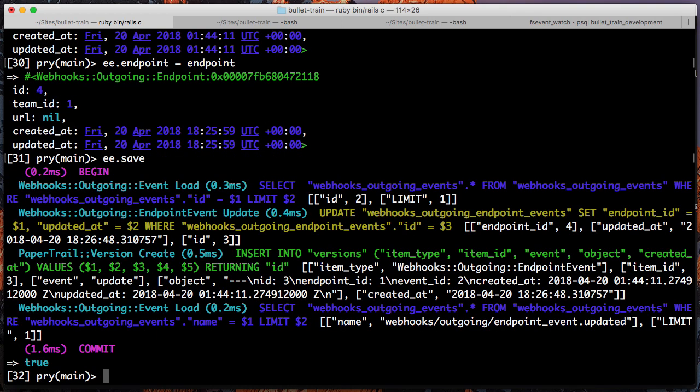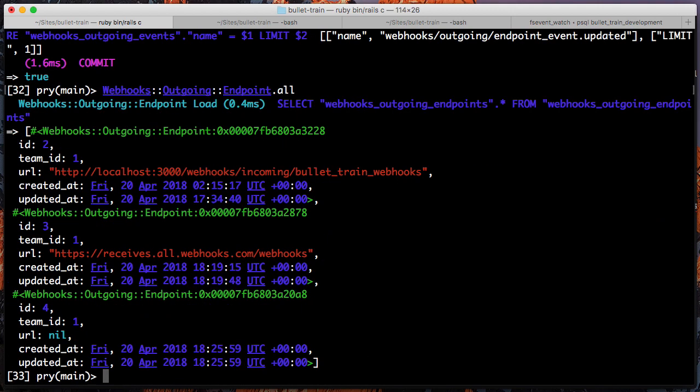All right, so I'm basically taking one of my conditions from an earlier endpoint and assigning it to this new one. So now if we go in here, we've got 3 endpoints. And if you take the last one